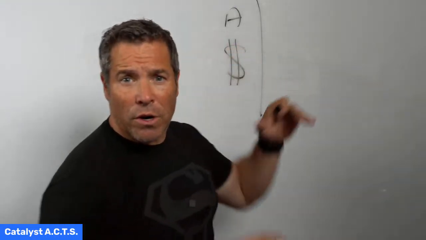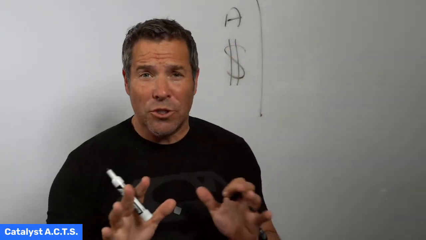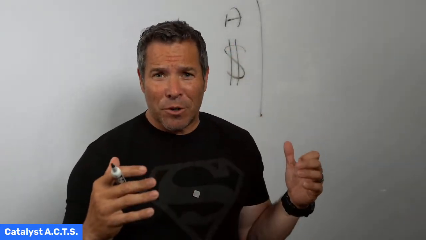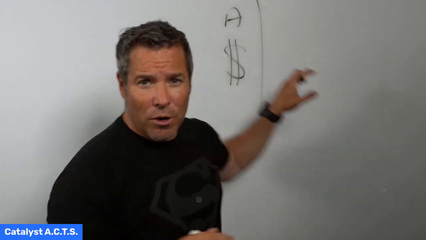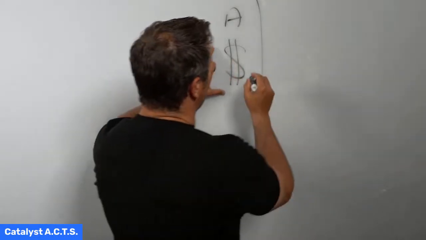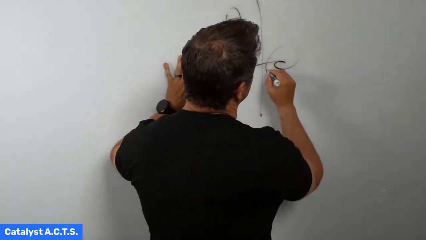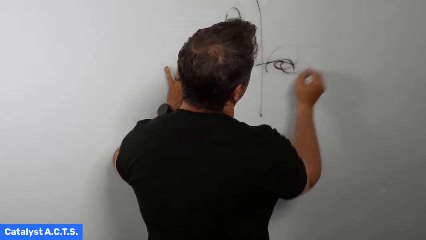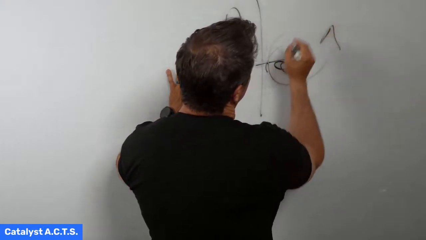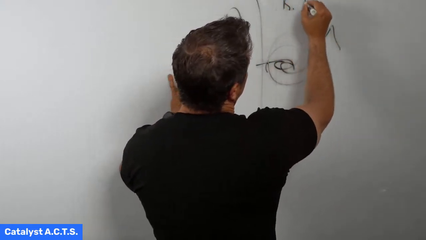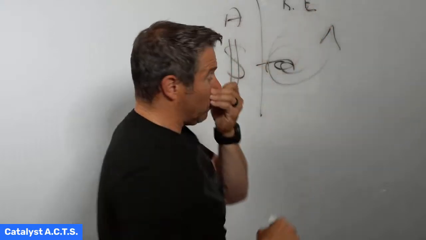Remember, we acquire a customer for the first time once. You don't acquire a customer for the first time many times. You acquire a customer for the first time once. So we acquire a customer, and then we move into this growth cycle. So retention plus expansion. That's part of that Dare to Grow model.